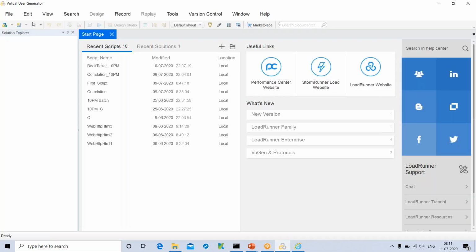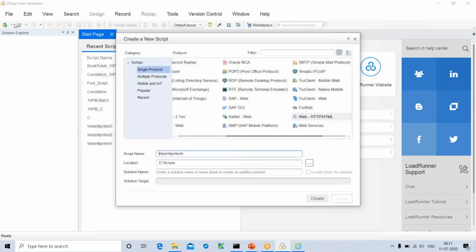Now I'll create a new script altogether using the Vusion component, which will help us capture the response time. I'll name it something like July demo, and I'll set the protocol as web HTTP HTML protocol while creating the script, because we are working on a web application.